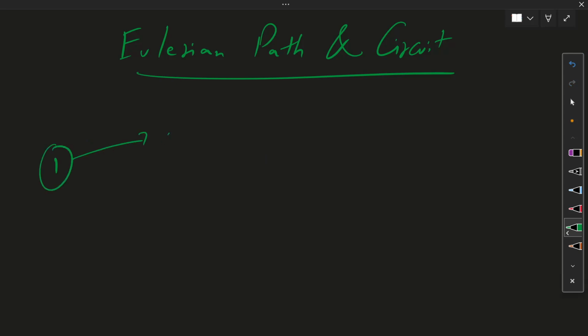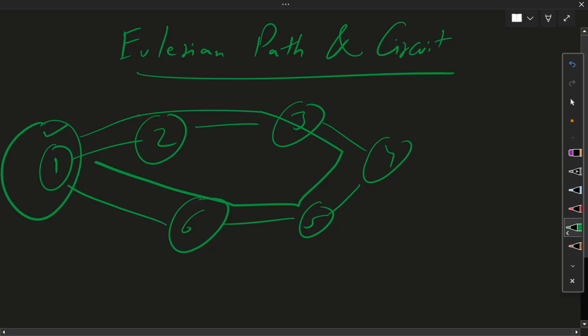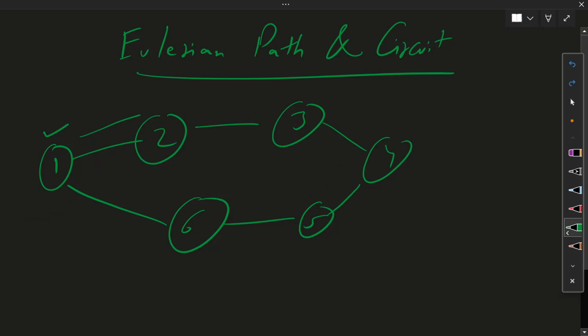So let's suppose we have this graph. This is undirected, so I will take an undirected unweighted graph. If we start at this particular vertex, then we reach this, then this, then this, then this, then this, then this. So we have reached the same vertex. Now, this is zero-based indexing. So 0, 1, 2, 3, 4, 5, 6, then 7.